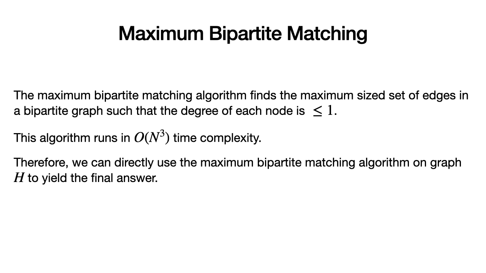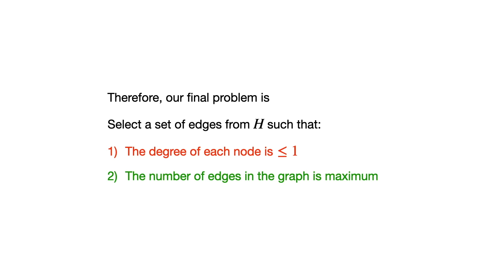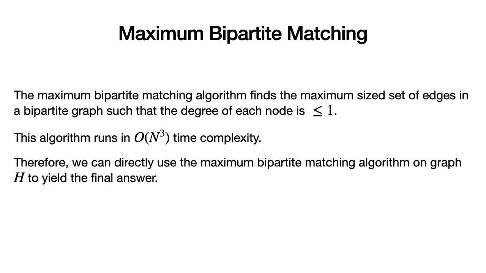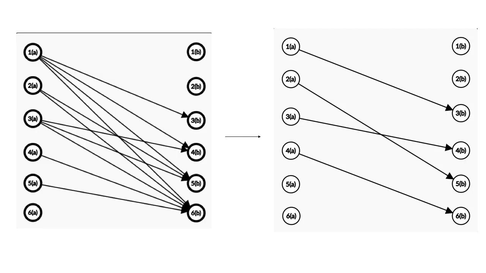And we can look at how this works, right? Our conditions earlier were that we need to select a set of edges such that the degree of each node is less than or equal to 1 and the size of the selected edges is maximum. And the maximum bipartite matching algorithm performs this exact task. It finds a maximum size set of edges such that the degree of each node is less than or equal to 1. Right? So this algorithm is a direct implementation of exactly what we need. And it's a standard algorithm that you can find on GeeksforGeeks, and I will put the resource in the description. Okay? So here's just a visualization of how that algorithm works, and it shows how we've condensed the large set of edges we had in H initially to the set of edges that satisfy our conditions.